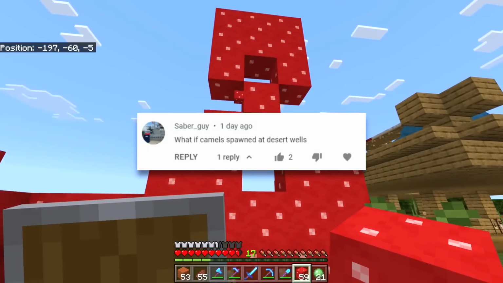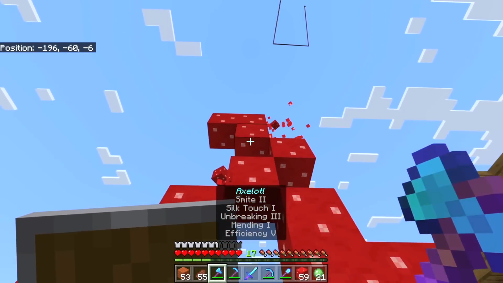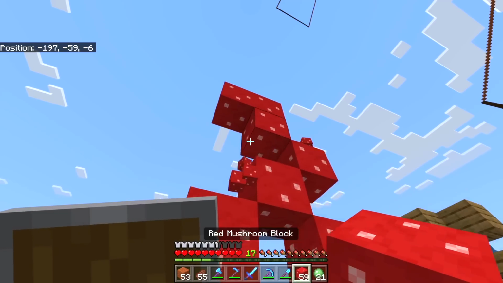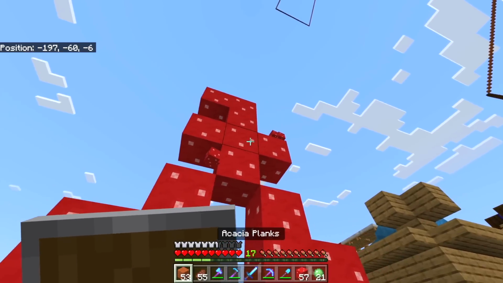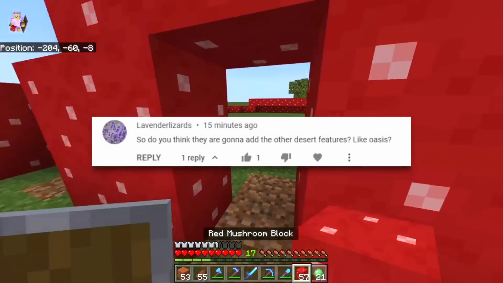Someone needs to hire this man at Mojang right now. I mean, camels like drinking water probably because they're carbon-based life forms, and also the desert well needs a use. Boom, two things in one. Speaking of two things in one, do you think they're going to add the other desert features like the